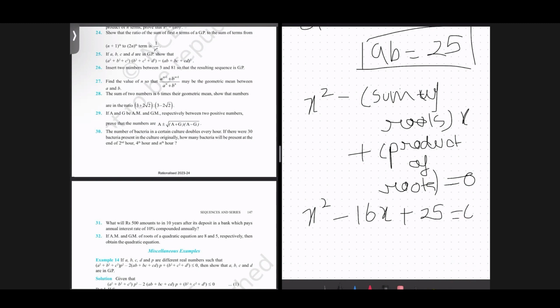You get 25 here, right here, equals to 0. So your quadratic equation is x square minus 16x plus 25 equals to 0, right? So this is your required quadratic equation. Moving on,